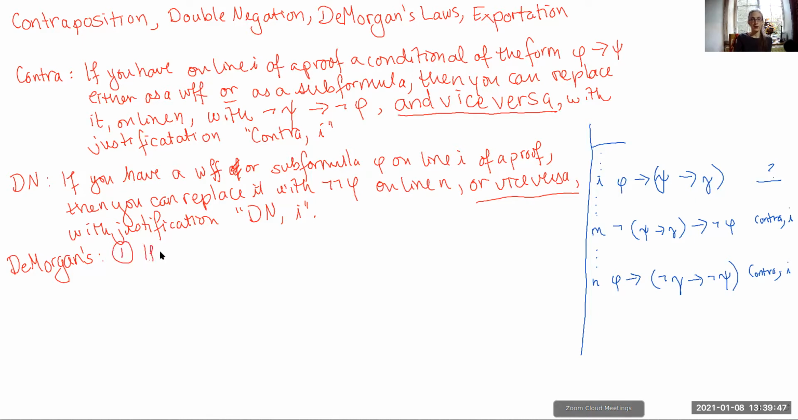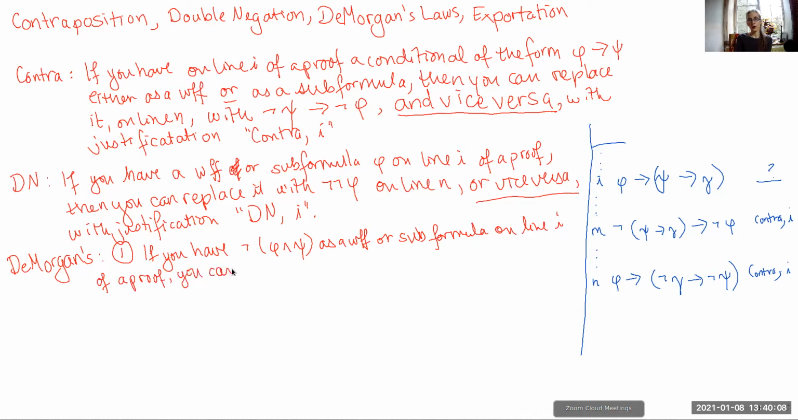So the first one is if you have not phi and psi as a wff or subformula on line I of a proof, you can replace it, and I really should be more explicit here because I want to make you remember that these are replacement rules, with not phi or not psi on line N, or vice versa, with justification,